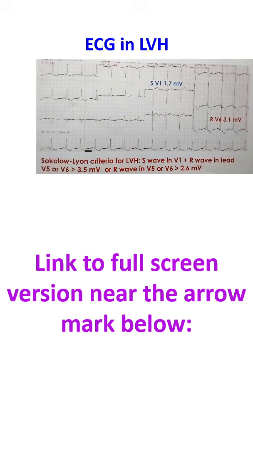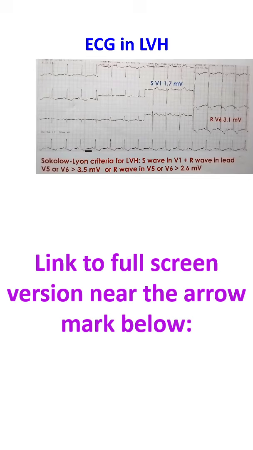If R wave in V5 or V6 is more than 2.6, that is also suggestive of the same thing. Here it is 3.1 millivolt. Then you will see the hypertrophy with strain pattern, ST depression with T inversion in lateral leads. It's seen in lead 1 also and lead 2, and that is part of the strain pattern occurring in systolic